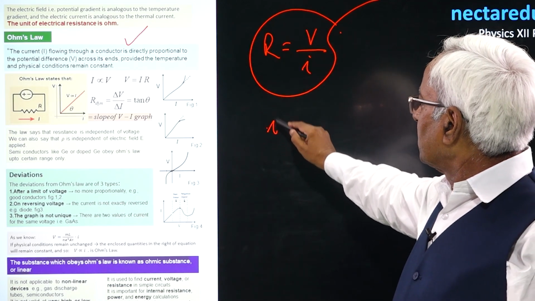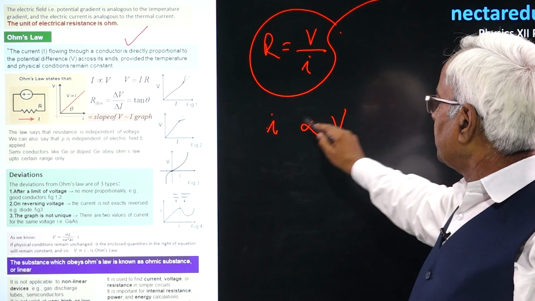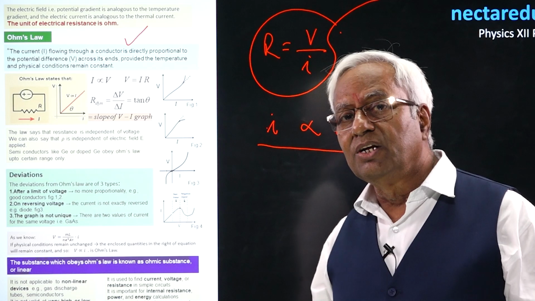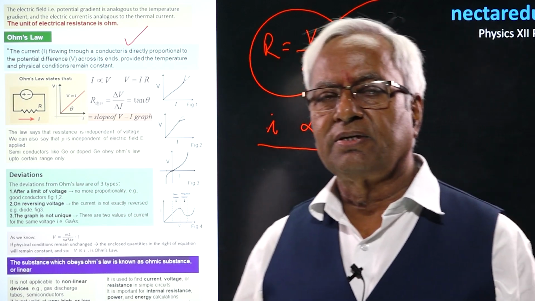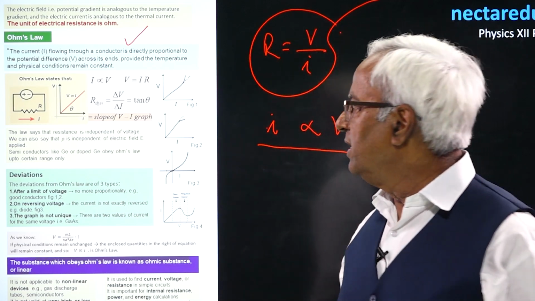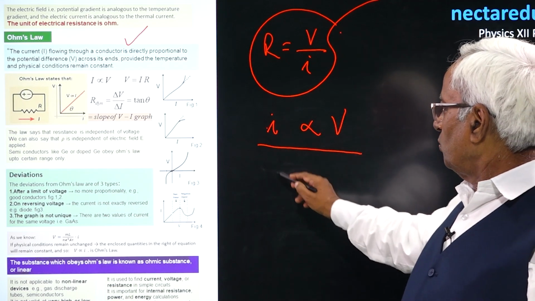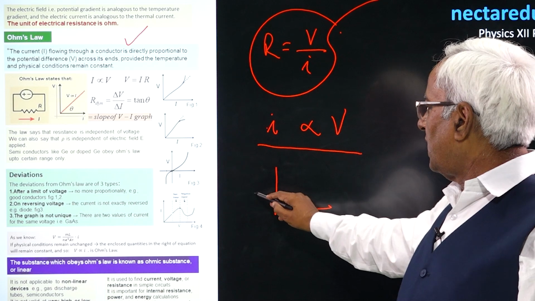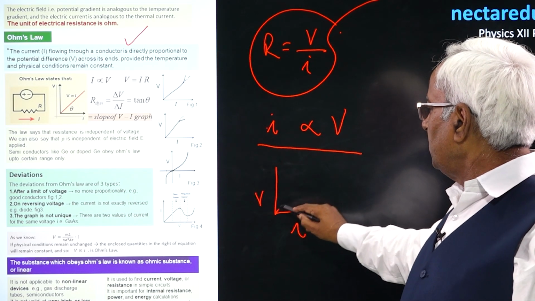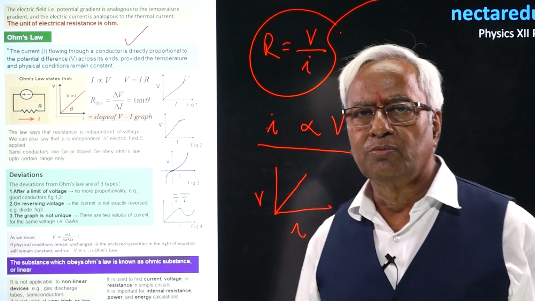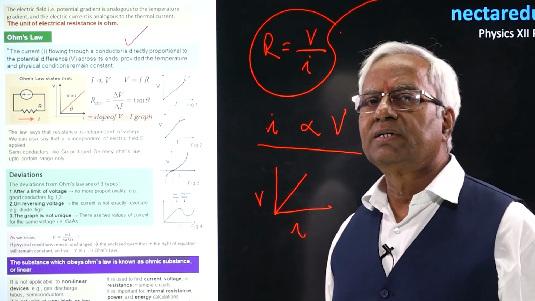This law says that current flowing through any conductor is directly proportional to potential difference across it, with the condition that temperature and pressure, other physical conditions, should remain constant throughout. And if this is true, you see the graph between V and I is going to be the linear one. If it is exactly linear, obviously the conductor is going to be ohmic, but actually it is not the case